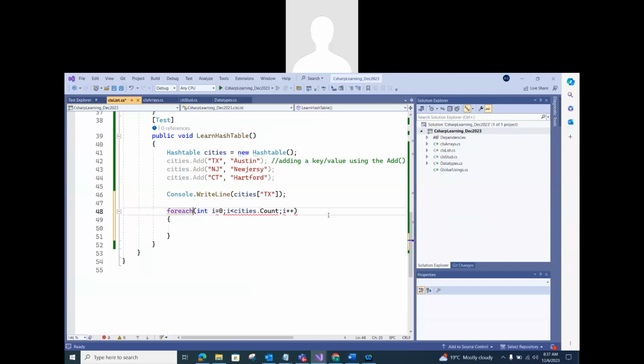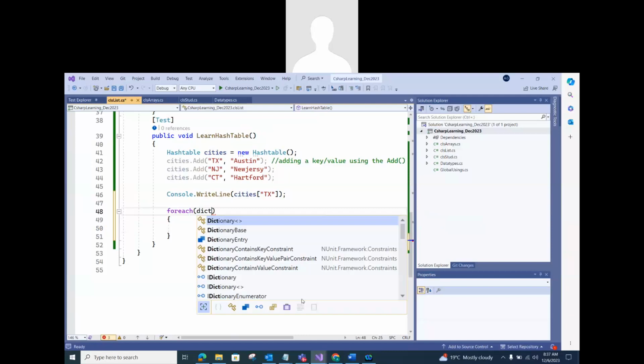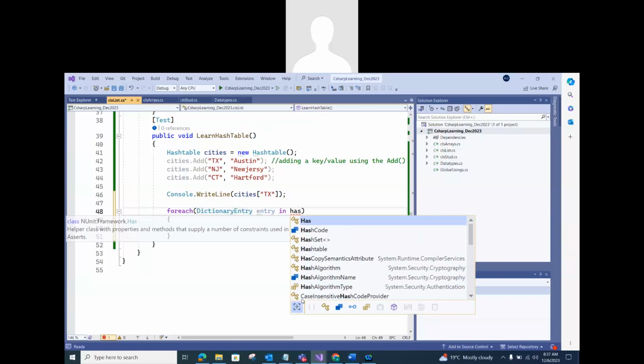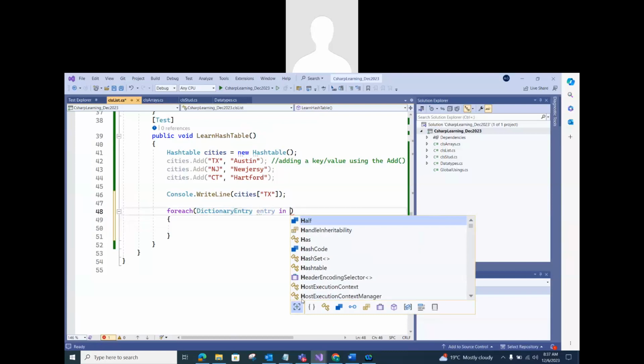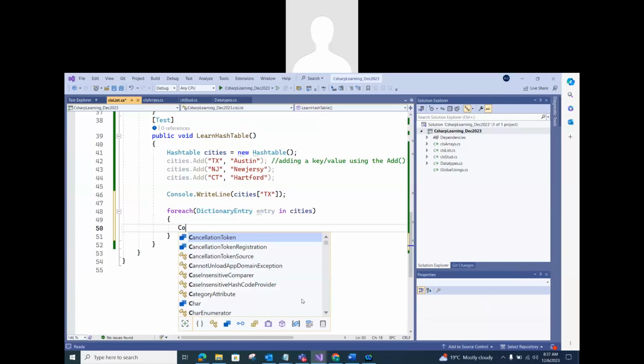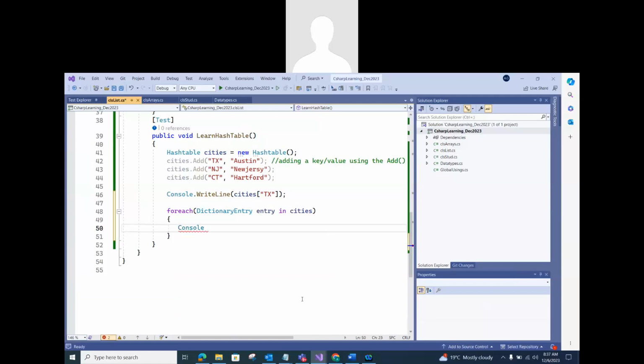So there is something called foreach. For each loop to access the collection. For each dictionary entry, I am giving some names like entry in what is our hashtable name? In cities. Now Console.WriteLine